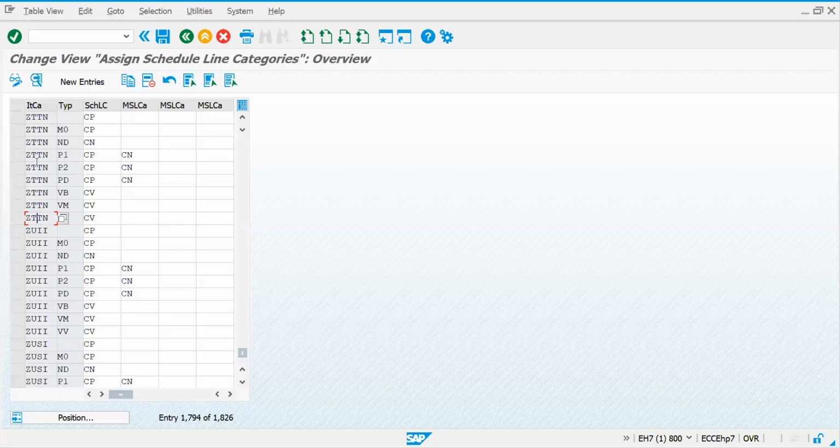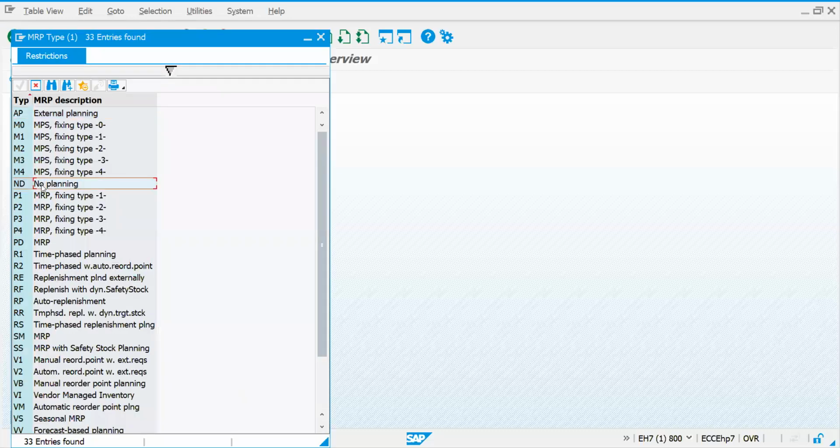That is one way. Or else, if the stock is available throughout 365 days and your production is more, then there is no point raising material requirement planning for manufacturing. So then you can go for no planning. If you see here, this control will be there in your material master.